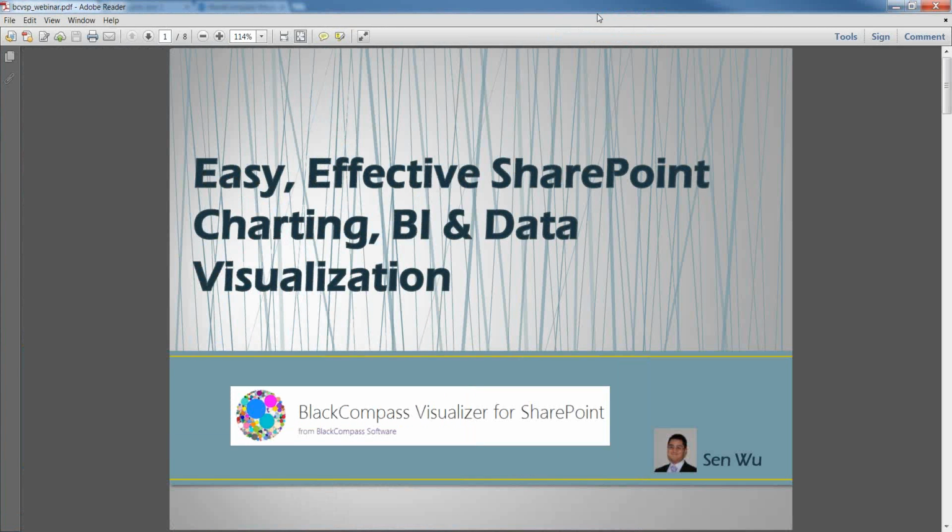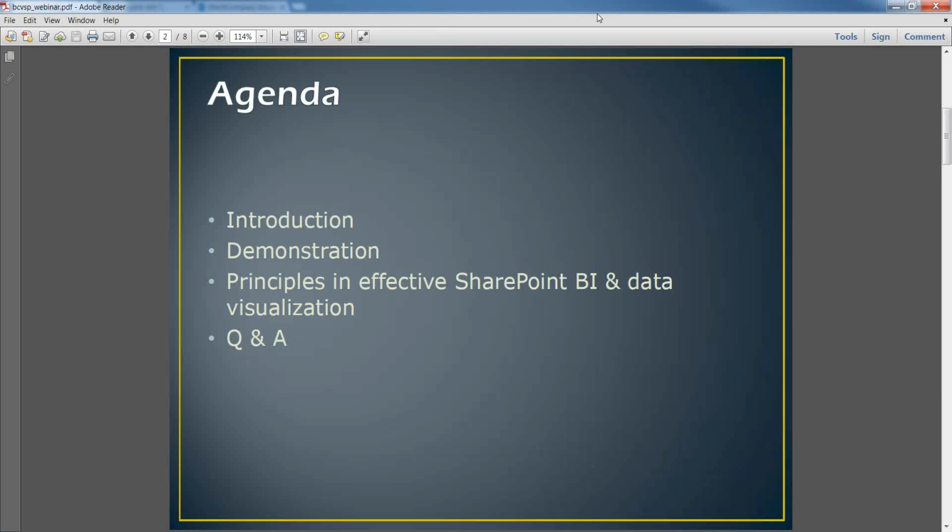And we will spend most of today's session seeing a live demonstration of this app in a live SharePoint 2013 environment. After the demonstration, I will talk about principles you can apply to make data visualization more effective in the SharePoint environment. I'll talk about SharePoint specific factors, and also about general principles you can apply in any data